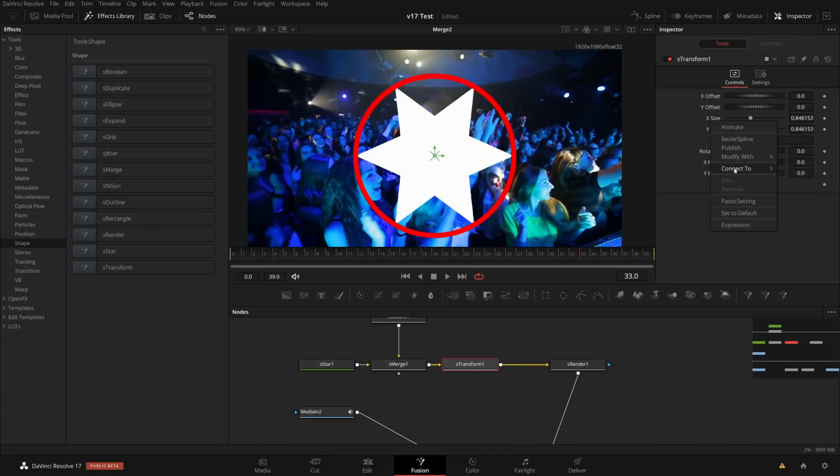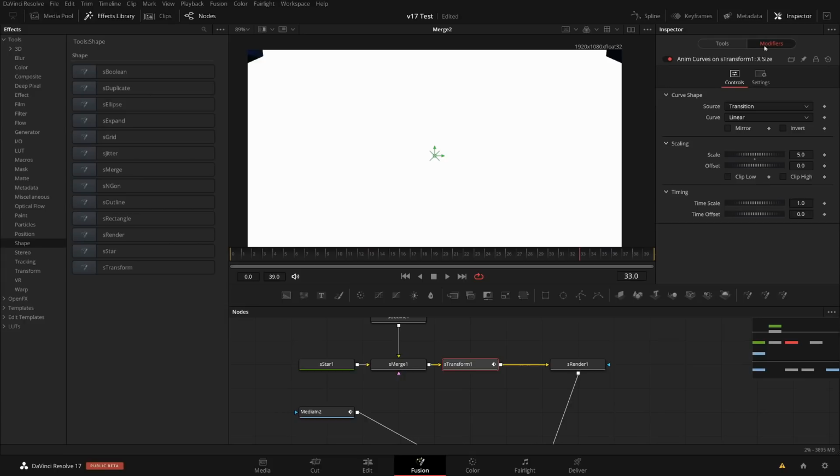If you modify with this anim curves modifier, then you have a modifier which can work again on the transition, or, for other Fusion effects, if you're not building a transition, you can use the duration. In that way, it again has the information from the beginning to the end of the transition, and then you can say what kind of curve you want.